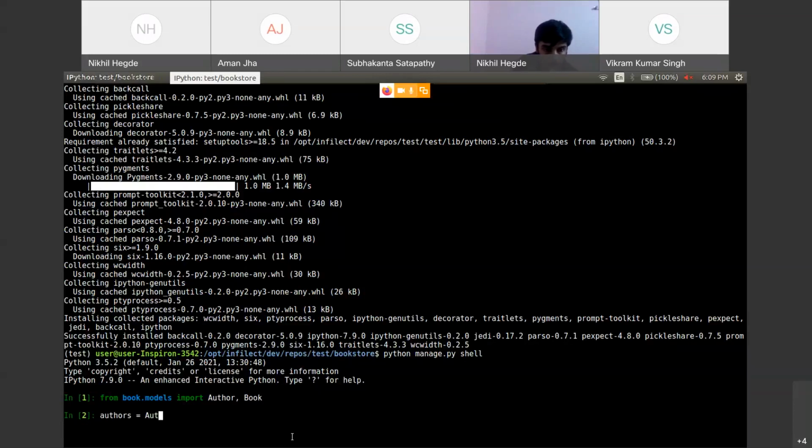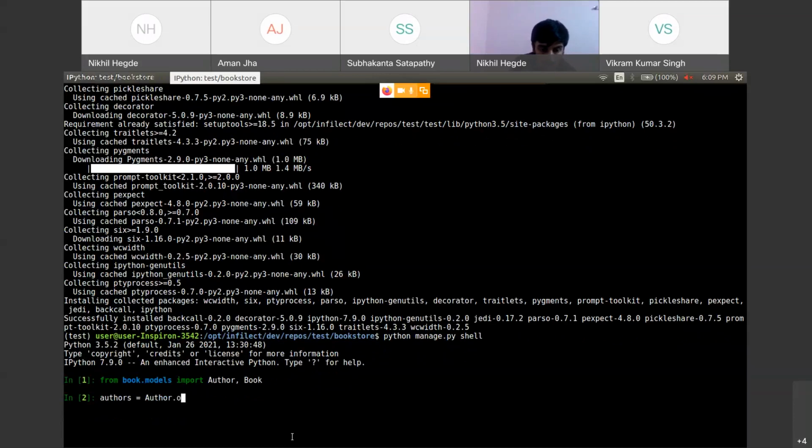Now I will do author, the table name, dot objects, dot all, and brackets. So this is a function. If you execute the whole ORM query, author.objects.all, it will give you all the objects from the author table. Now I will execute, and see it is executed.